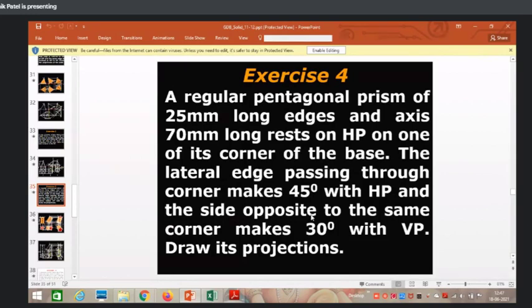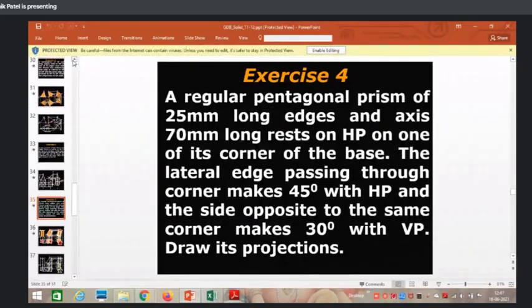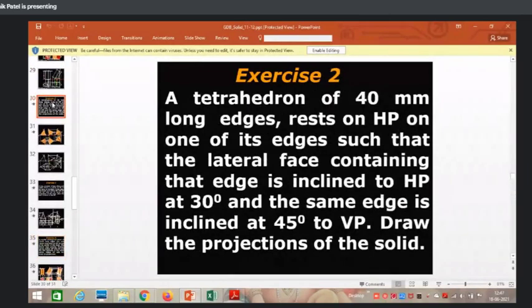Whenever you solve a problem of projection of solids, if the solid is resting on a side, you will draw the side on the right hand side. If it is resting on a corner, the corner should be drawn on the right hand side. Clear? Yes, sir. Good. There are two problems, and the same thing you will do here. Instead of HP, you will write vertical plane. So a total of 4 problems you will complete.